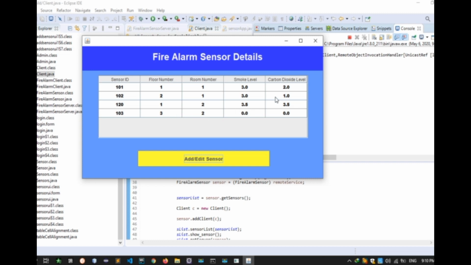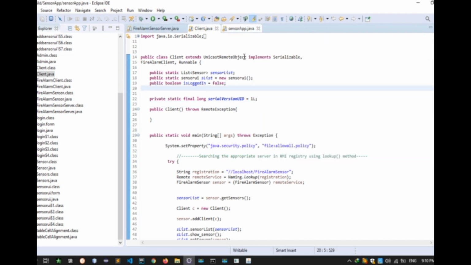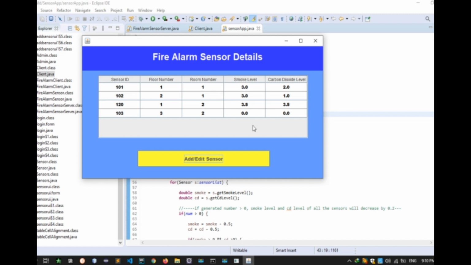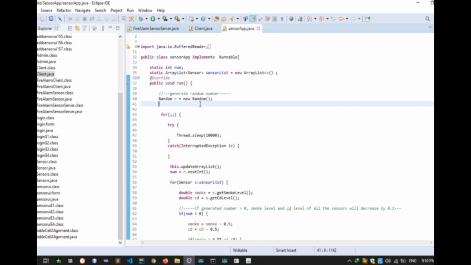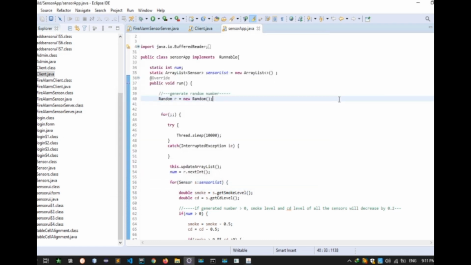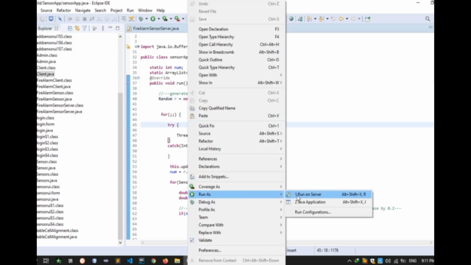For the demonstration, I have another Java file called sensor app. Now I'm going to run that file, because you can see in here there are smoke level and carbon dioxide level fields, but they are not updated because there are no real sensors. So I randomly generate some carbon dioxide level and smoke level to demonstrate that. Now I run the SensorApp.java application.